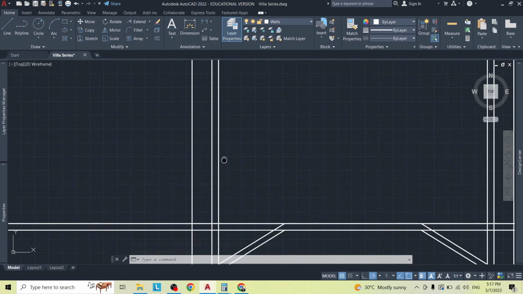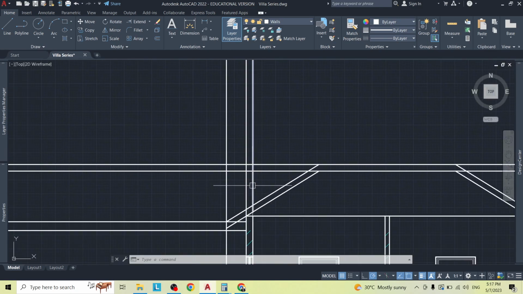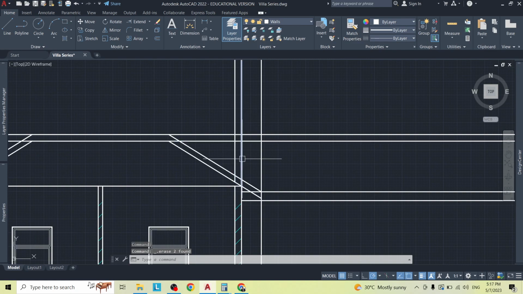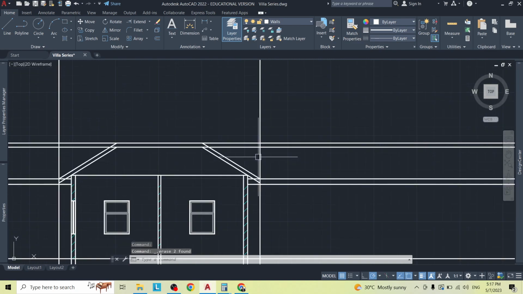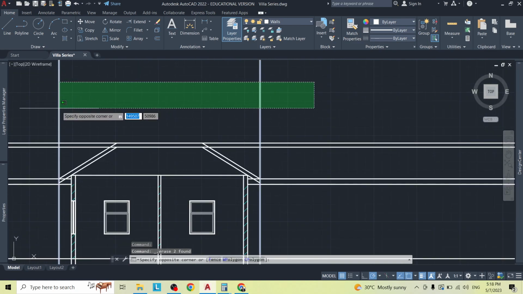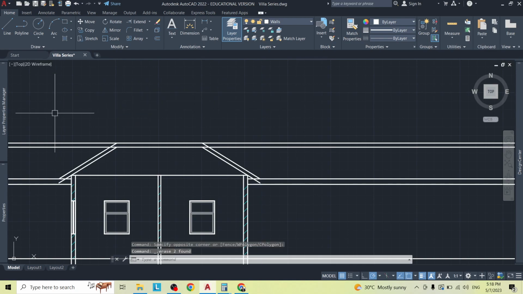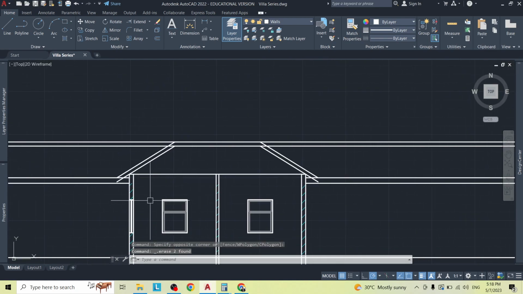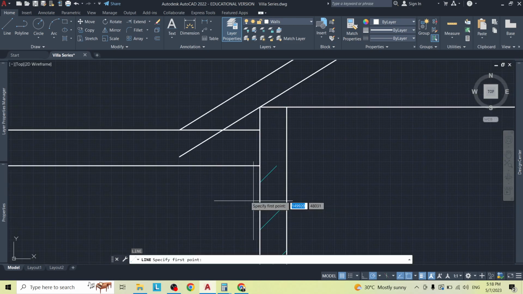We don't need these anymore, and we already separated them from this. So I'm just gonna click on these, delete them here. Same thing on this side, delete these like so. We no longer need this because we know we already drew the overhang of the roof, but we would need to redraw this line coming down